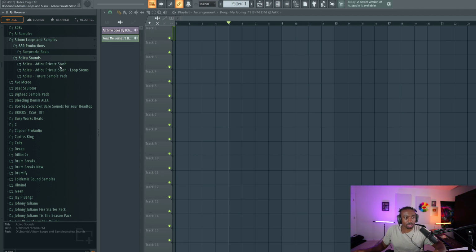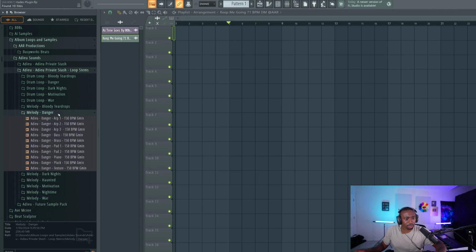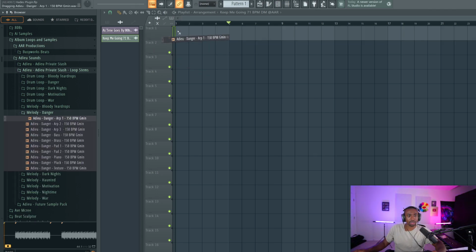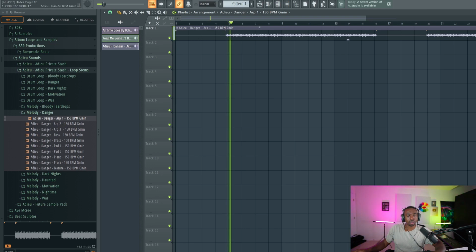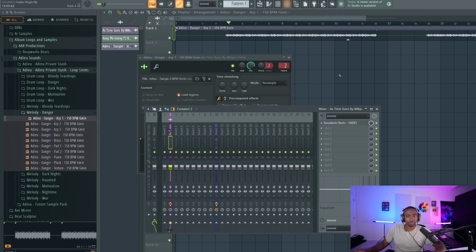All right, so let's look at Ado Sounds. Let's look at his. He has some loops in here from his private stash. Let's do melody. Now he already has a lot of effects on his sounds, but let's see what we could add to it. So let's run the same preset. Again, here's before.